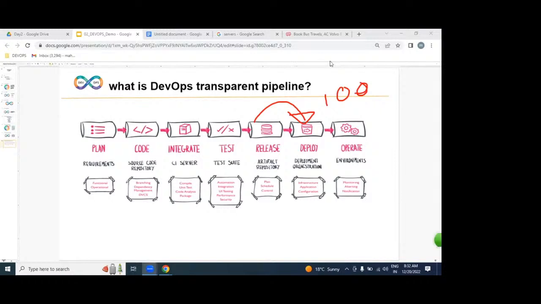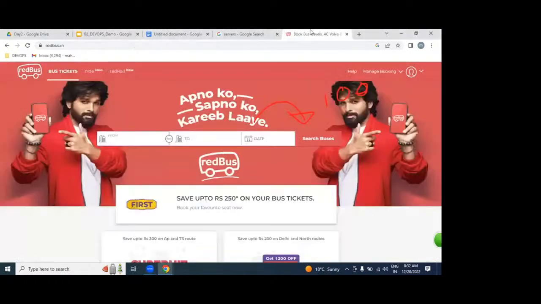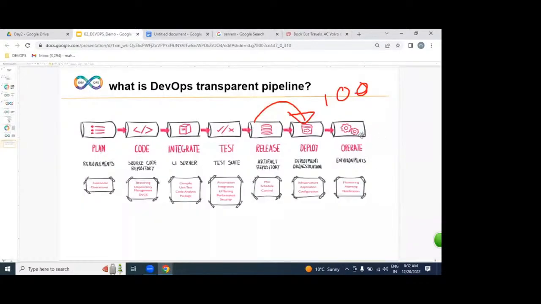Once we place our application on hundreds of servers, we can access it on the internet as a website. Is our job finished up to here? No. Whether this application is working or not, we are going to monitor and maintain it.